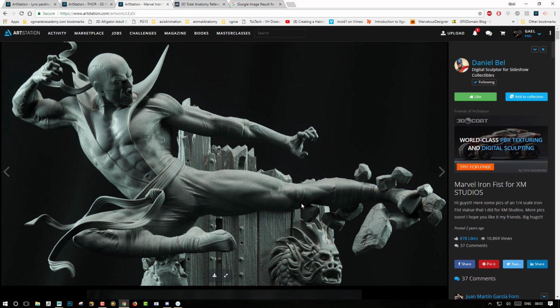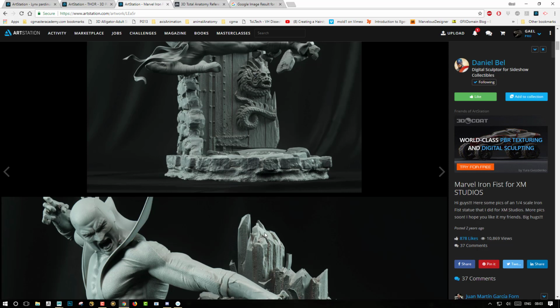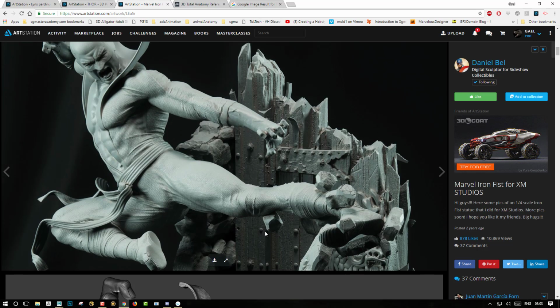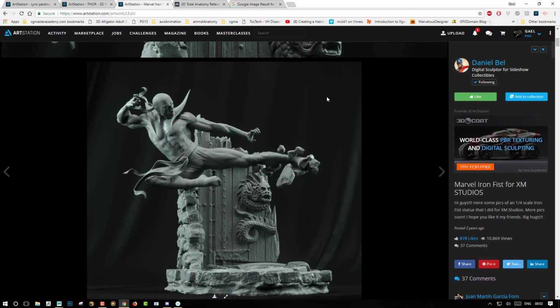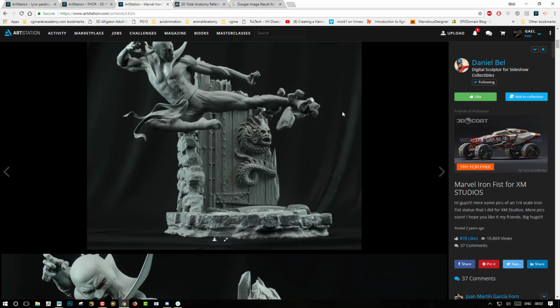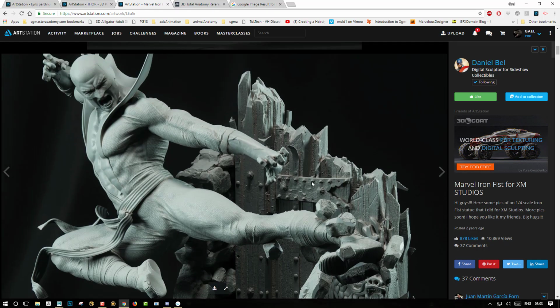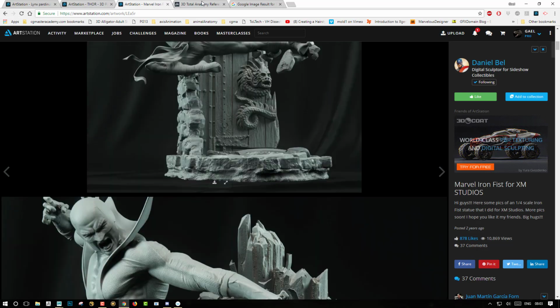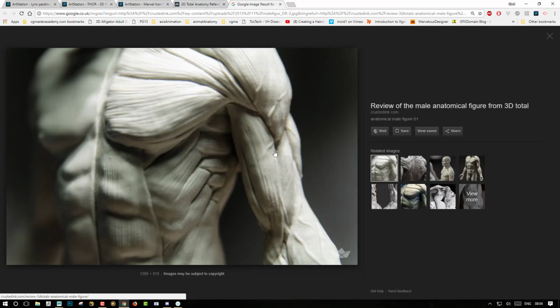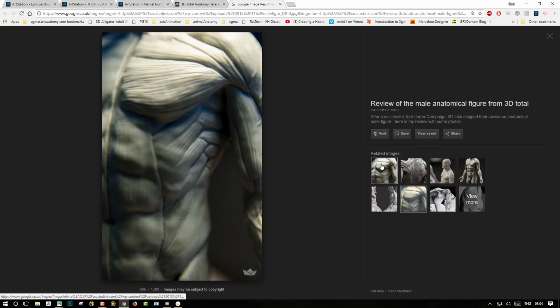Something we could do as well would be to play a little bit, maybe later, with the ambient occlusion to get another color or to get this kind of red effect. But I guess it's coming from a shader. From what I see here, I'm not sure that the background is real. It looks to me like it is a render, but the material looks so good. Anyway, we will have a look at how to do this kind of shader inside of Maya, and then you will maybe be able to customize it the way you want.